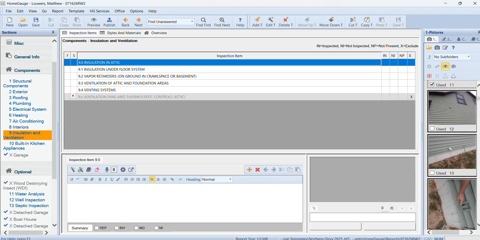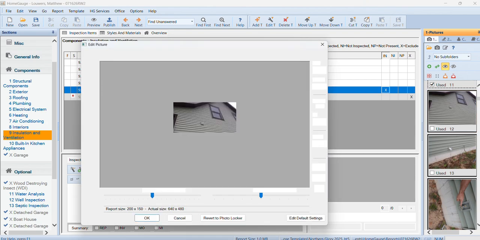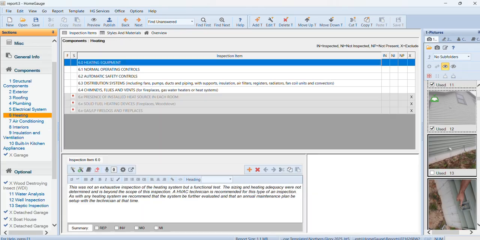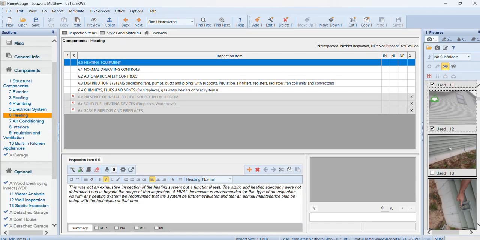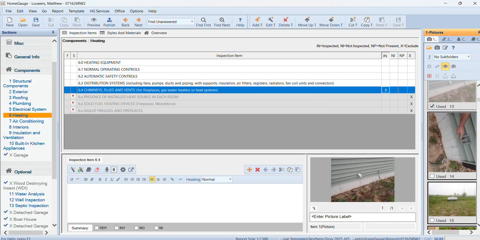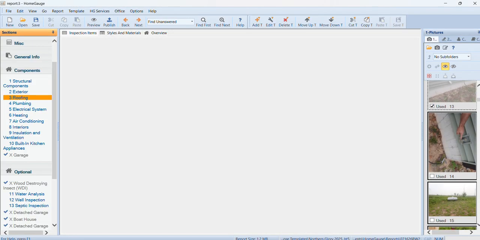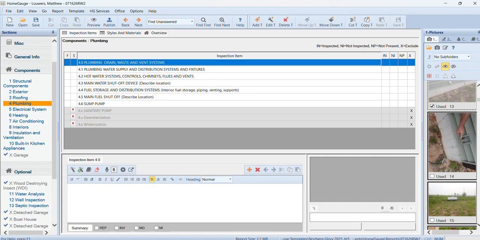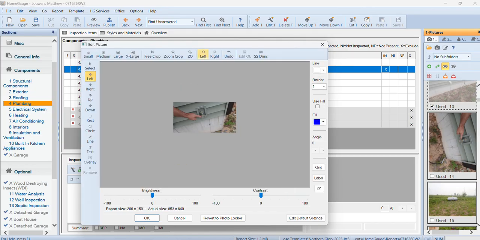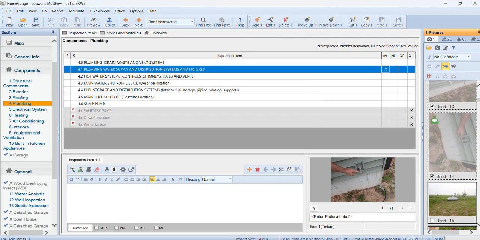Insulation, ventilation. I do jump around a little bit, guys. I'm not going to lie. I could do better at stacking my photos, but I really don't need to. Now this picture, my camera was a little bit sideways, so it took the photo and switched it. That's my photo for